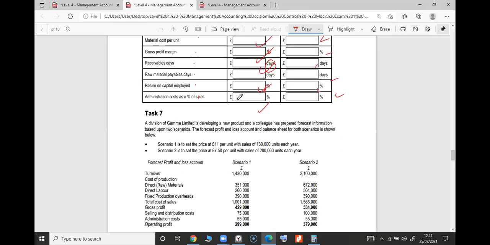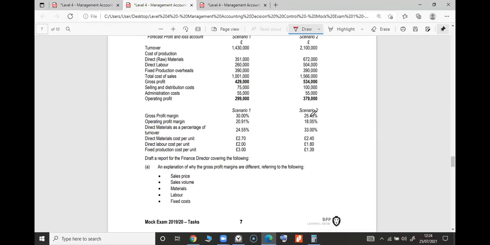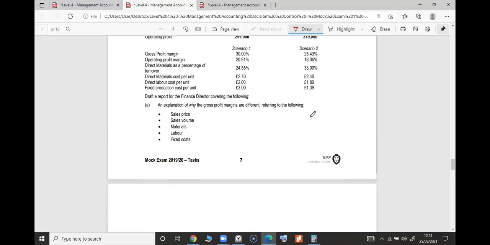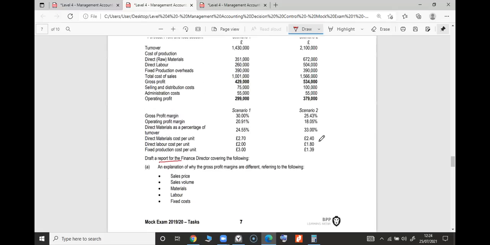So stay tuned. I'm going to expect answers from you. It's a big scenario. Don't get afraid of it. It's not much. It's just going to be easy peasy. In this time, you can read the requirement. What is the requirement? Draft a report. Like at a glance, look at it.